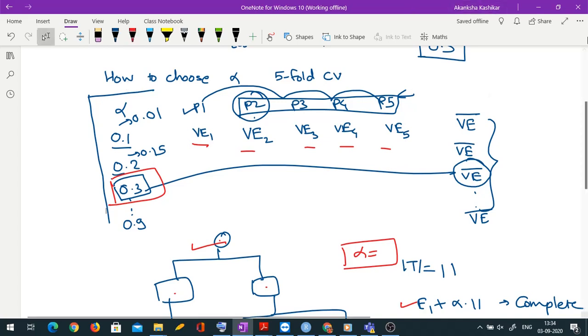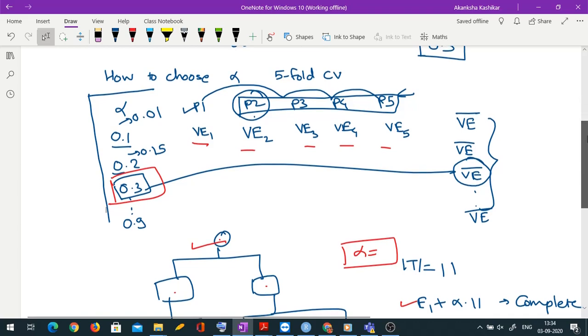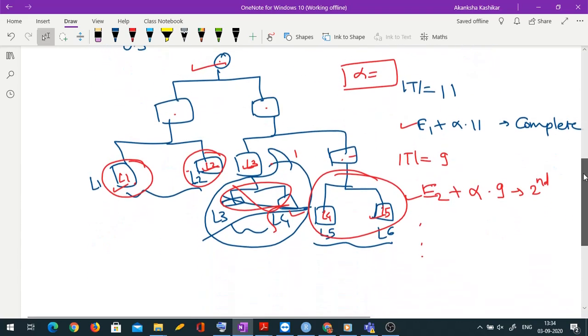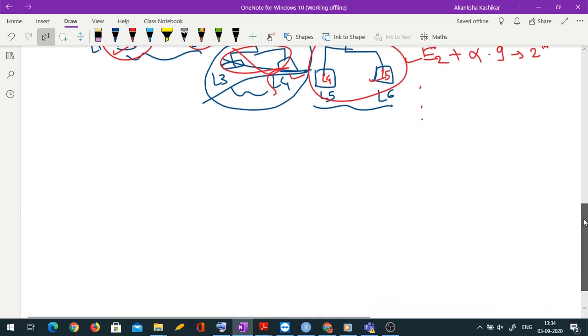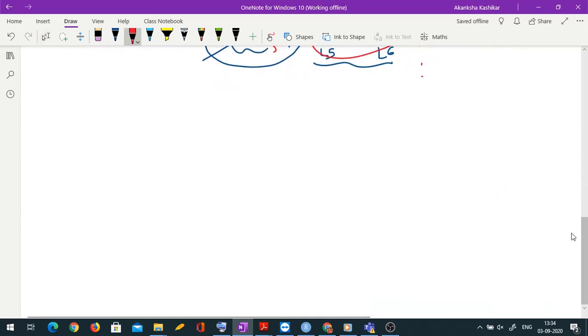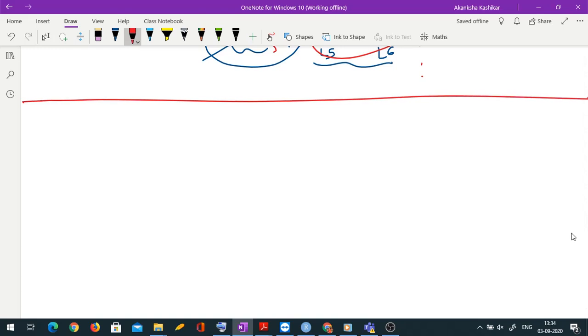Okay. And whatever is your best alpha, you build your final tree on the entire training data using that alpha. Okay, and when I say using that alpha, you have to again choose the best tree on the final data using that alpha. Is it okay? I know it sounds kind of repetitive, recursive. You may have lost track of what we are doing. So that's why I suggest take a toy example. Try to work it out on your own manually, not using a computer. Okay. Now, fine. This is about regression trees.